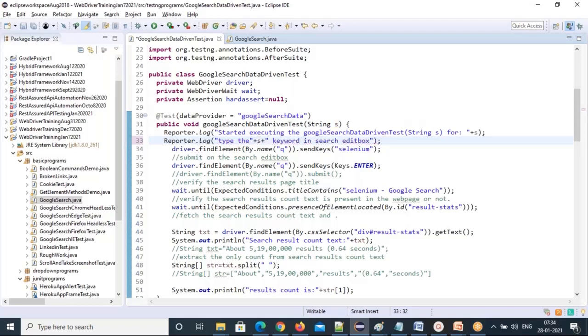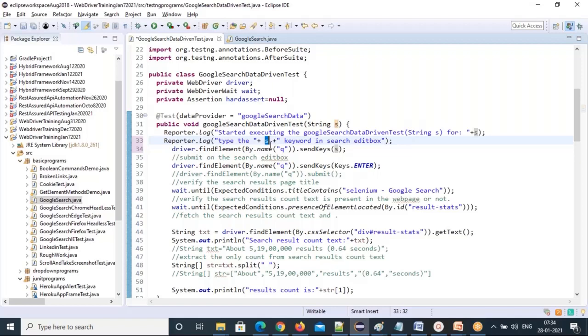This is the keyword I'm going to type in the search box, and I need to remove the hard-coded value and put the parameter name here.